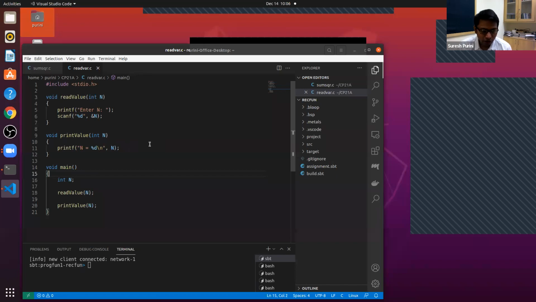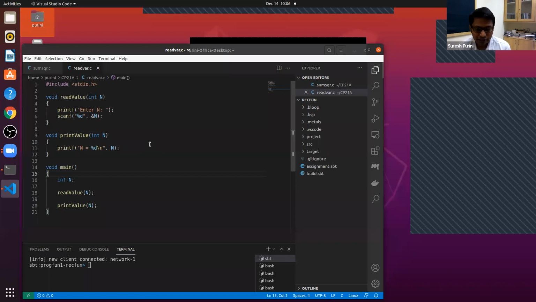So we want to use the read value function to read a value into the variable n of the main function. But when we go to the read value function, how many parameters does it have?